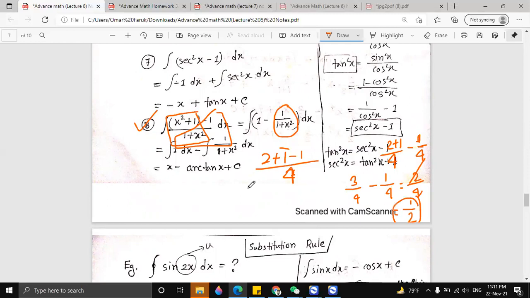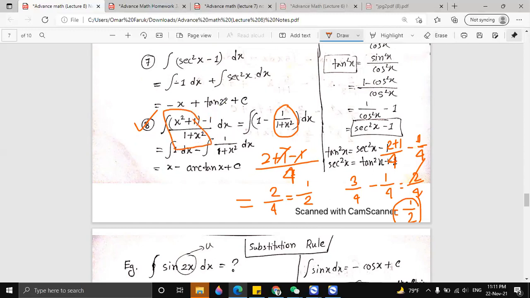So now this part, we have 2 plus 1 minus 1 by 4. So this plus 1 minus 1 gets cancelled and we get 2 by 4. And 2 by 4 is also 1 by 2, right? Guys, is this okay? Very simple mathematics. Yes, it's okay. So like this way, we can separate this x square plus 1 by 1 plus